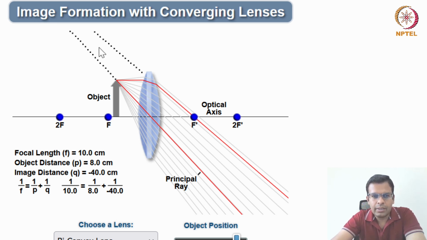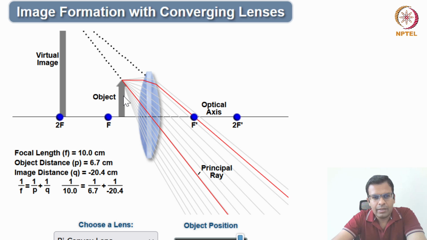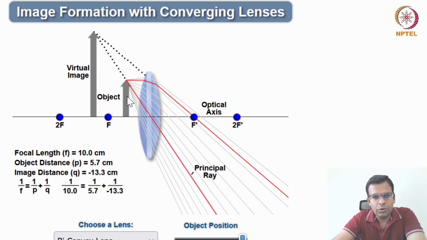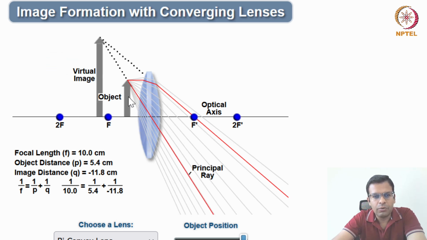Then these light rays are going divergent and they are not going to make an image, but on the other side of this lens, these light rays can merge somewhere here and they will produce the virtual image, not the real image. So the more you move the object closer to the lens, you will see this virtual image on the same side of the object, but this is not the real image.